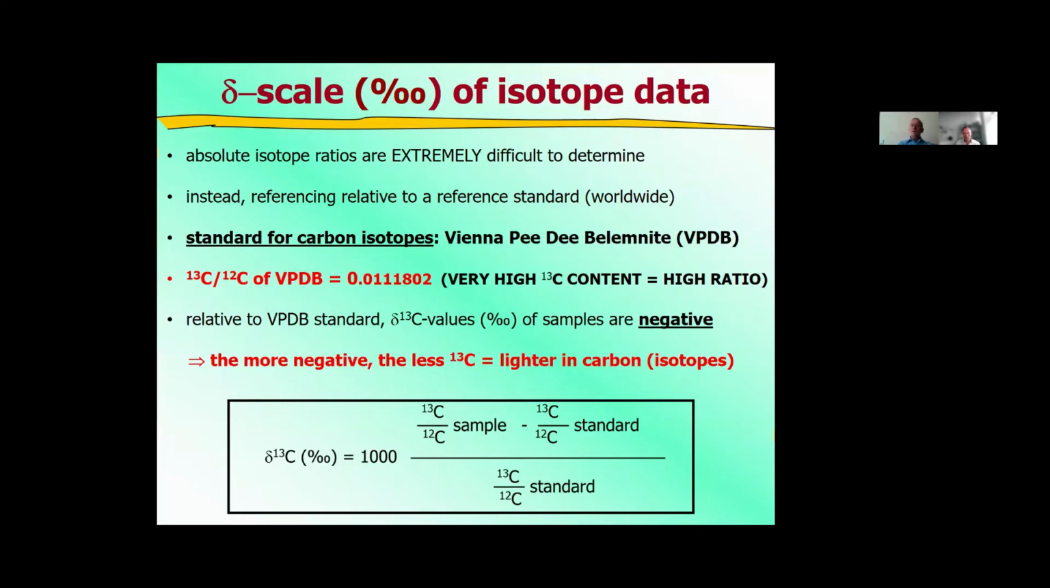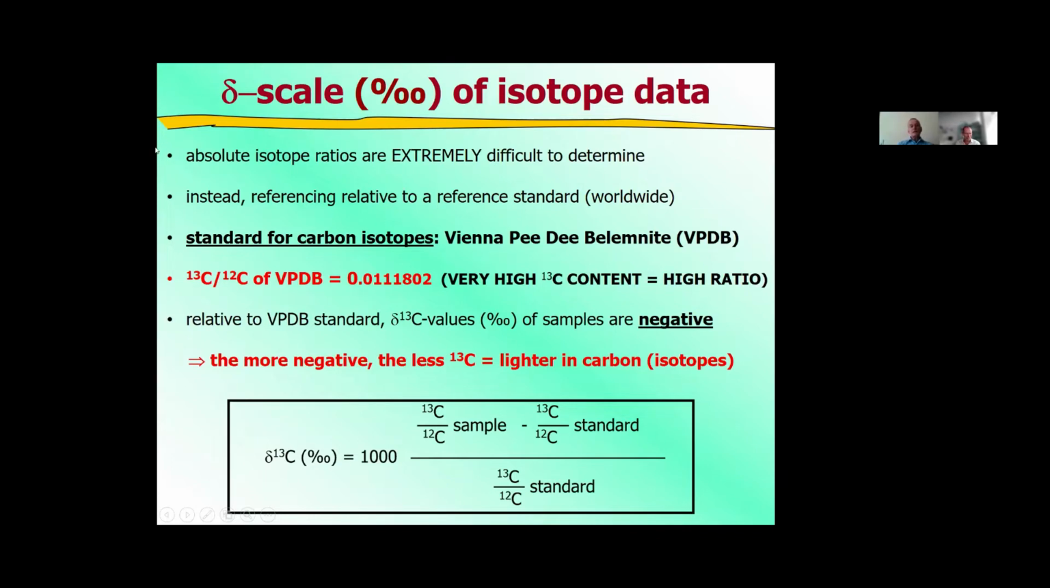We cannot easily measure the absolute isotope ratio of carbon 13 to carbon 12. The ratio is very tricky to determine, and has been done maybe five times ever. For example, here I have a value of the reference standard we are using. Because of this problem that the absolute values are difficult to determine, we present relative values